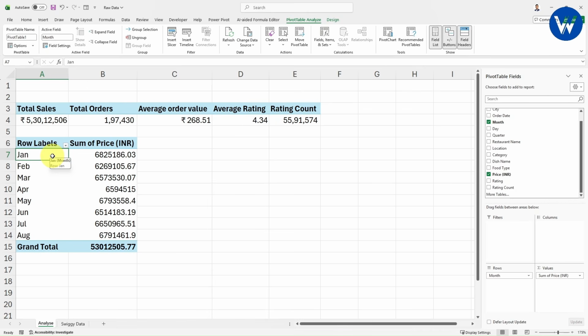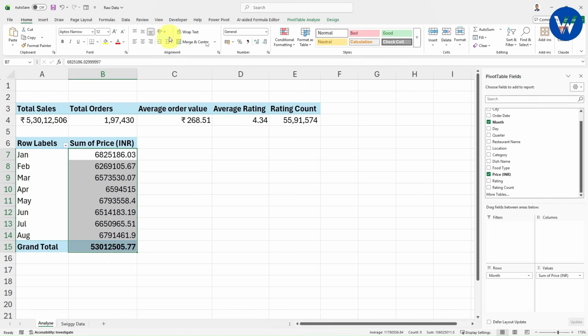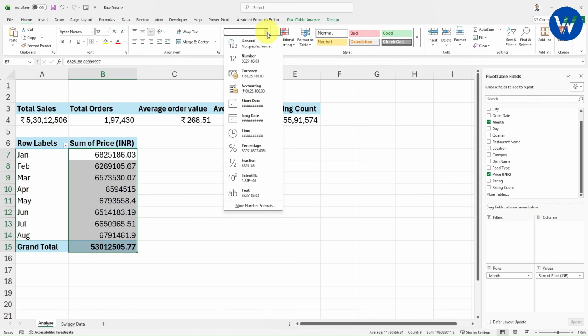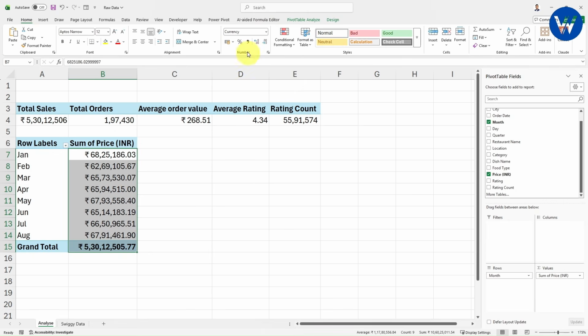If you do it manually, you need to use the SUMIF formula, right? But instead of using any formula, with the help of a pivot table we can save our time. Now first I will give the formatting for this value. It is very simple. Just go to the home tab. Now instead of General, I will go with currency. Once you click on currency, you will get the currency format, right? Now I will decrease the decimal places,